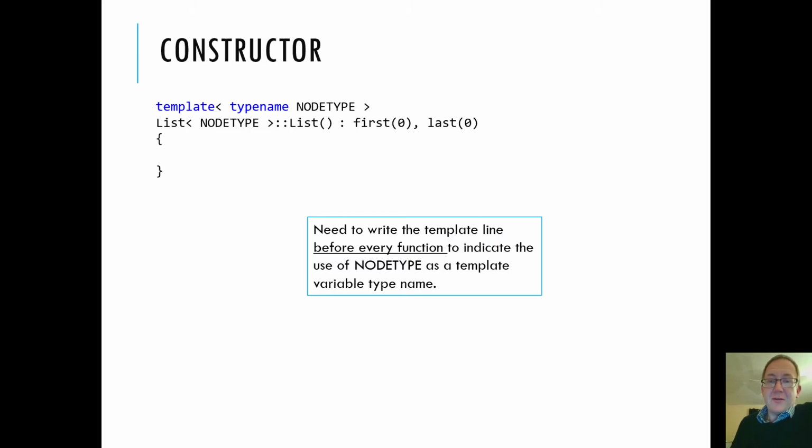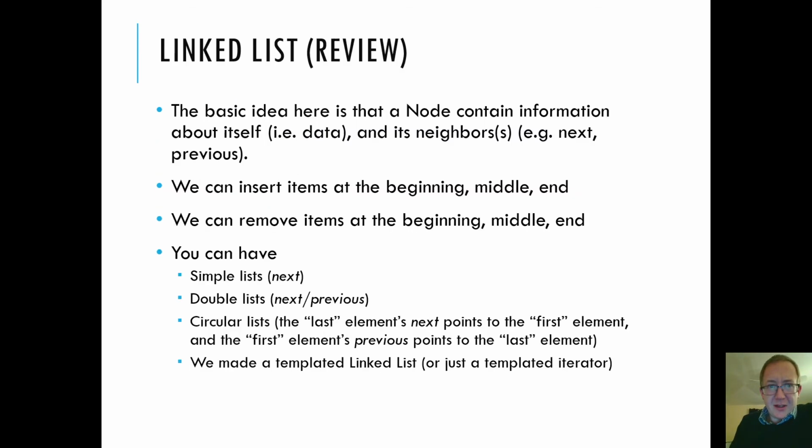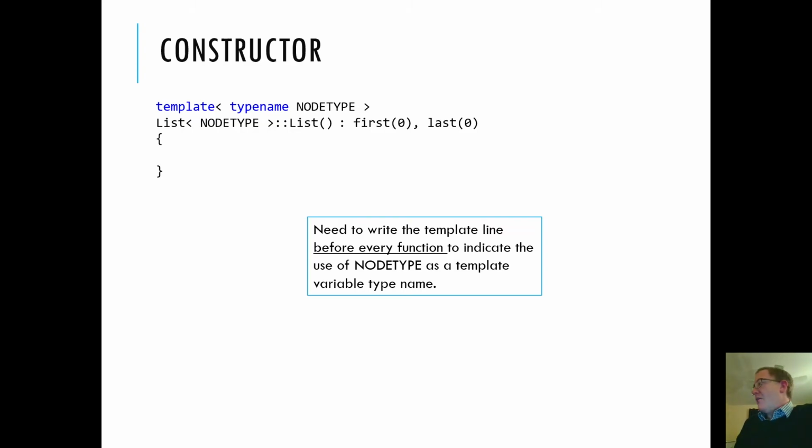So we need to write a template line before each function. Especially if I'm doing a function version of it, I can make a templated function and it will take in particular types of data. So before each function, I can indicate the use of a node type template before the variable type name used. I think I have an example of that, do I? No, I don't. So one example might be,